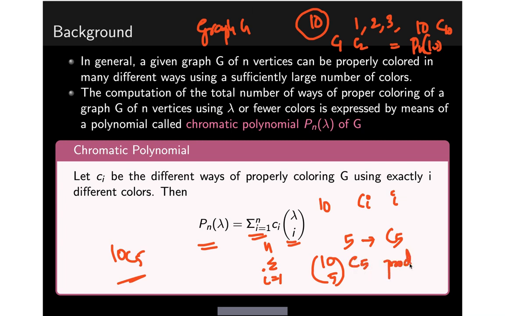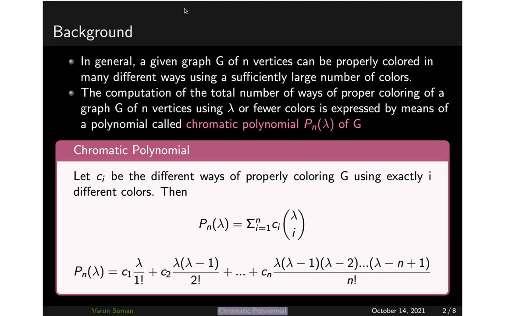Okay, so the derivation is not required for you. I'm just giving you an idea how this polynomial has come out like this. Basically this chromatic polynomial will give you the number of ways in which a given graph could be colored using lambda or fewer than lambda colors. So this is how the formula comes out, and when you give the value of lambda Ci, you know the value of lambda Ci is lambda factorial by i factorial into (lambda minus i) factorial, and when you cancel out these terms you will get this general formula.